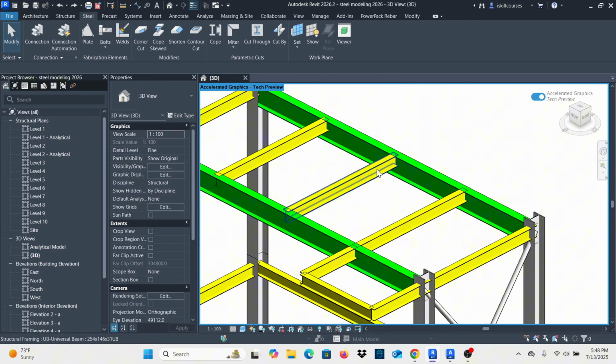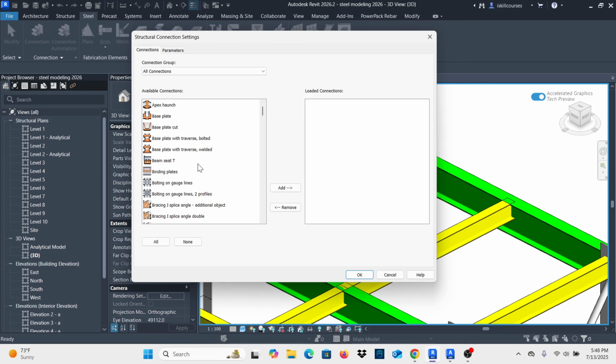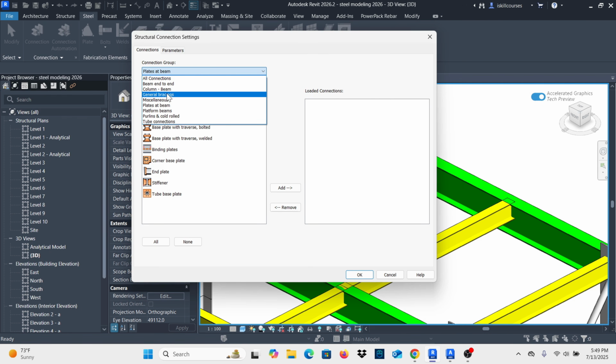Now, as I mentioned in the previous video, make sure that you go to Steel, just click that small arrow there. And from here, we have a number of connections. You can load everything if you want, but for me, I just want to filter to this option, plates at beams. And now I just want to pick the end plate. It should have a single-sided end plate. Let me check for more options here. I think I can pick